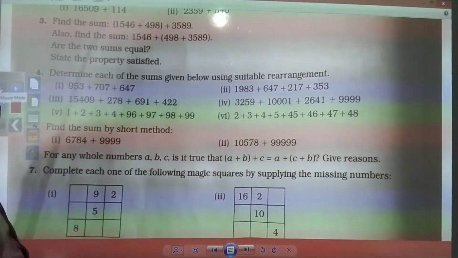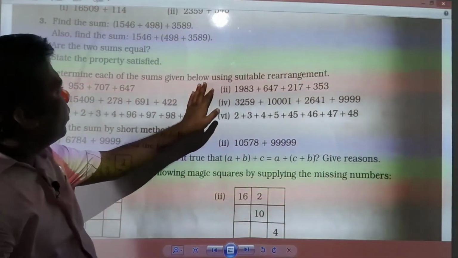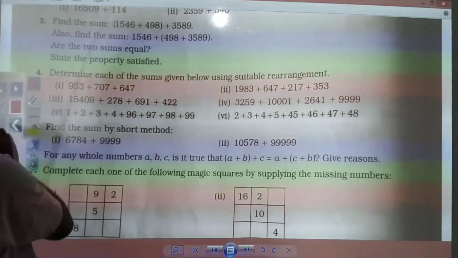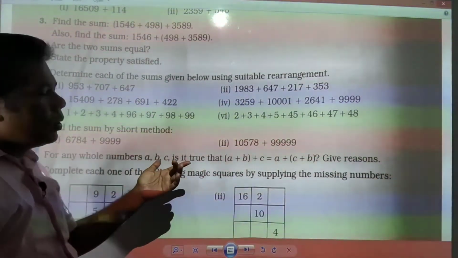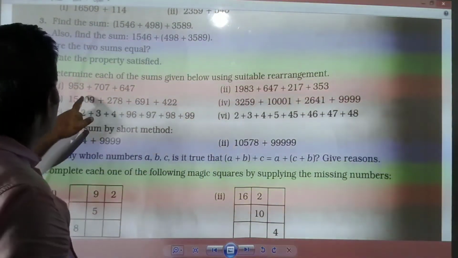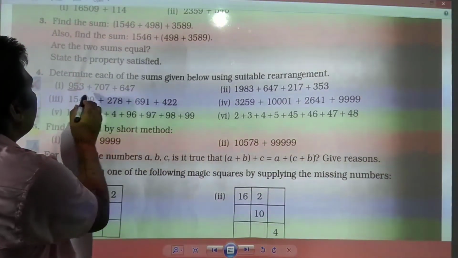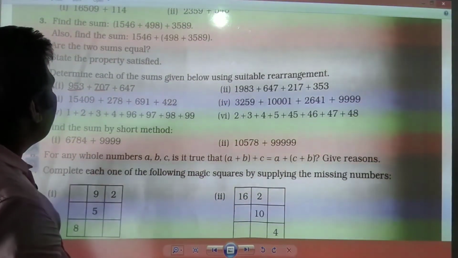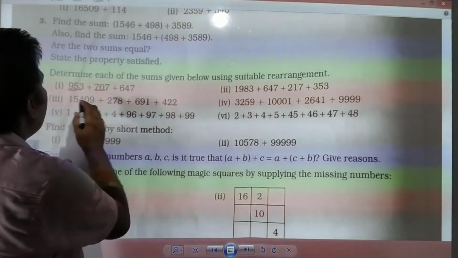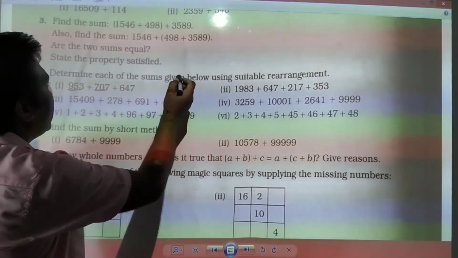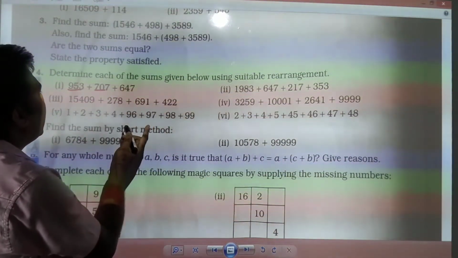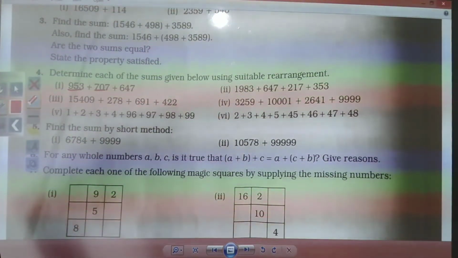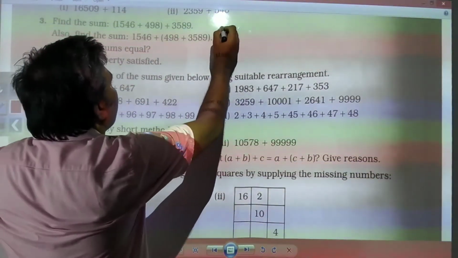Next you see, determine each of the sums given below using suitable rearrangement. So here you see few questions I am solving, rest of the questions you try to solve by yourself. So 953 you have, and 707 you have, and 647 you have. So if you are adding any two numbers, you must get zeros at last so that it will be added easily. So if you are adding first one, you see